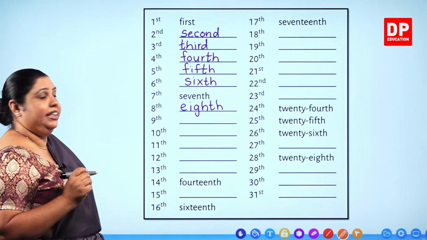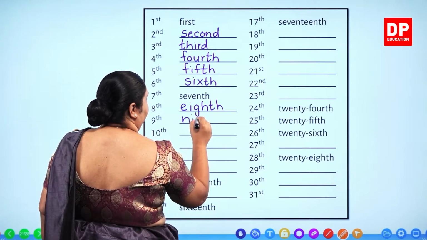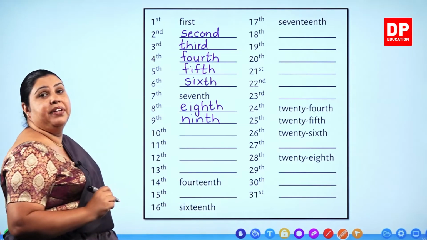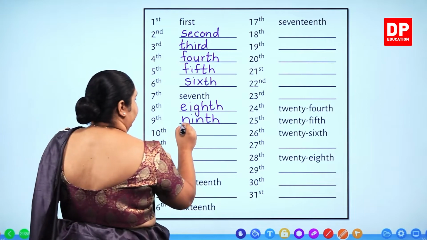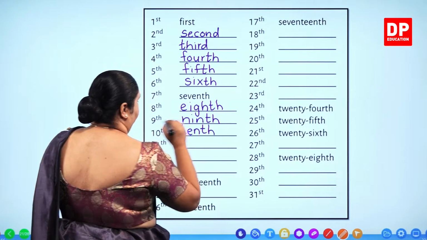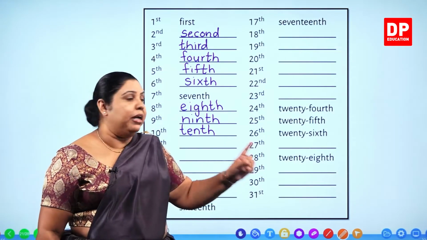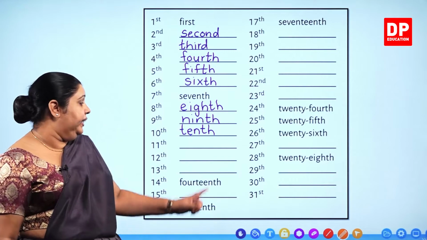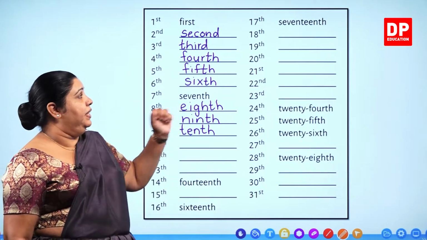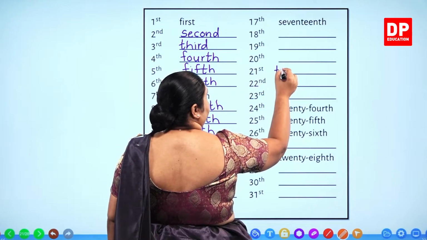E-I-G-H-T-H, eighth. 9, number 9, we write ninth, N-I-N-T-H, ninth. Then we have number 10, tenth, T-E-N-T-H, right? Now you have to look at these and you must learn how to write these numbers up to 31st. Now here, when we start from number 20, as you all know, we write 20